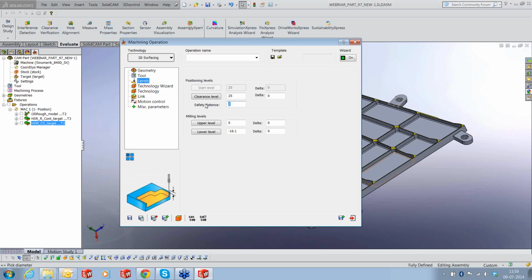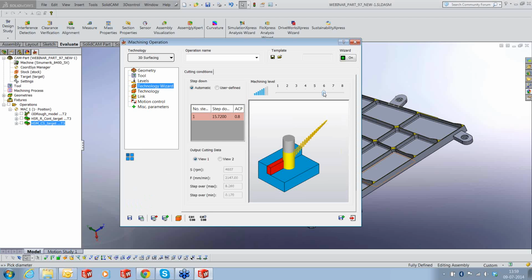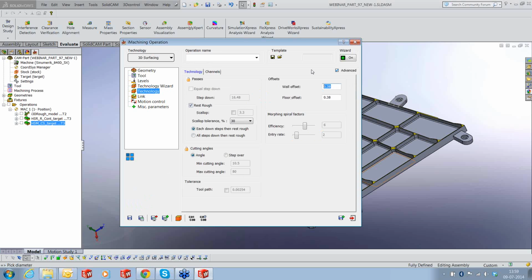levels, 5, technology wizard, 6, technology. I'm going to keep about 1 millimeter offset, because I don't want the roughing to remove most of